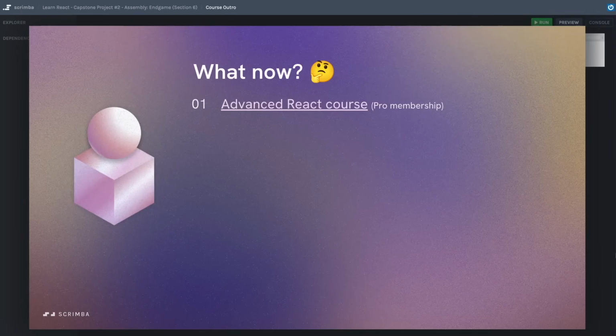In that course, we dive deep into reusability in React and learn a bunch of new ways that we can turn our reusable components into even more reusable components. We learn how to build single-page applications using the React Router library, and we learn all about performance in React and how we can improve the performance of our React apps.